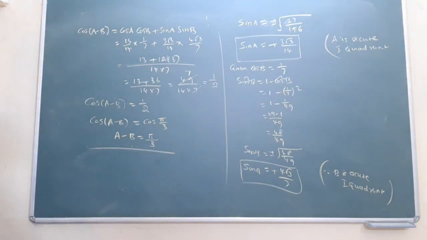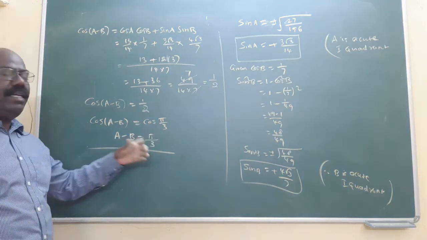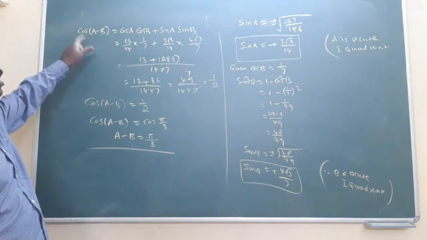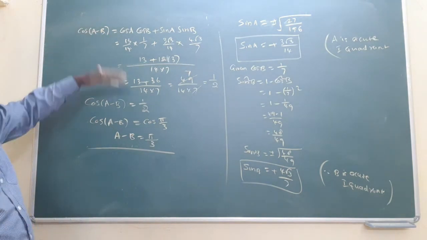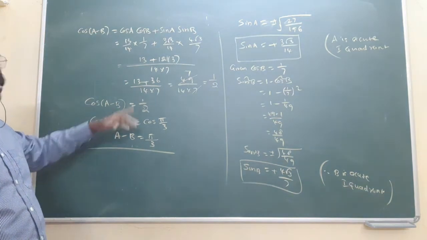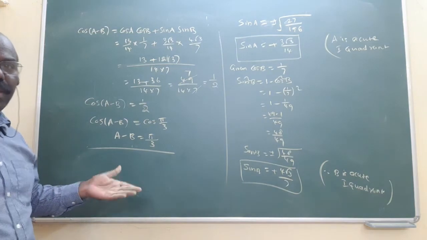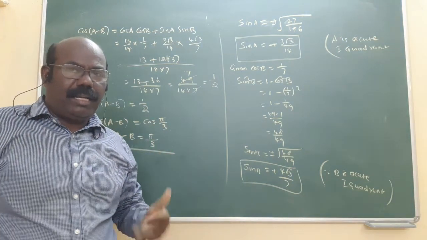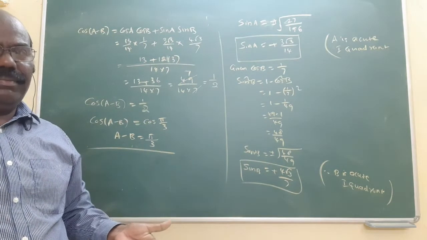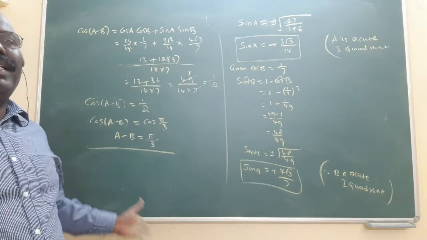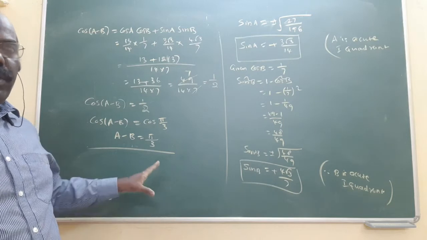Am I correct? Very important final question: cos A and cos B are given. From cos A we find sin A, from cos B we find sin B. Afterwards, you want to prove A minus B equals pi by 3. That's why you start with cos A minus B or sin A minus B. After simplification, a number comes. Suppose you start with sin of A minus B, what will the answer be? Root 3 by 2 will come. That means sin 60 degrees, which is sin of pi by 3. Sin cancels, we get A minus B equals pi by 3. Both answers will be equal. That's all.